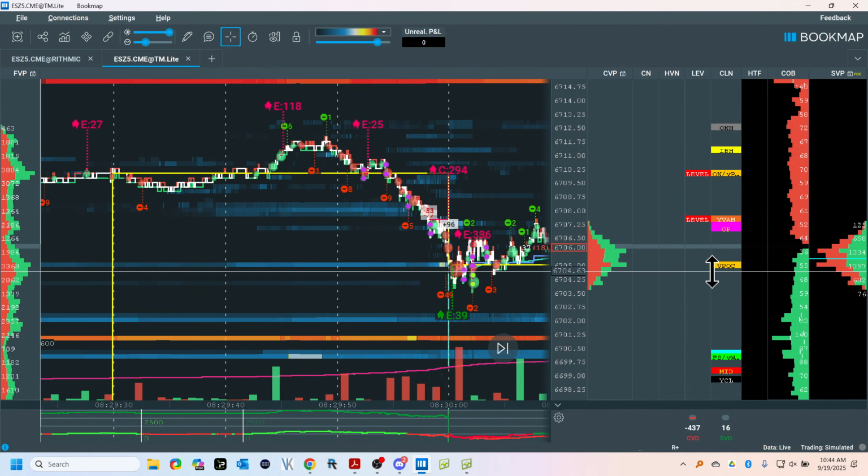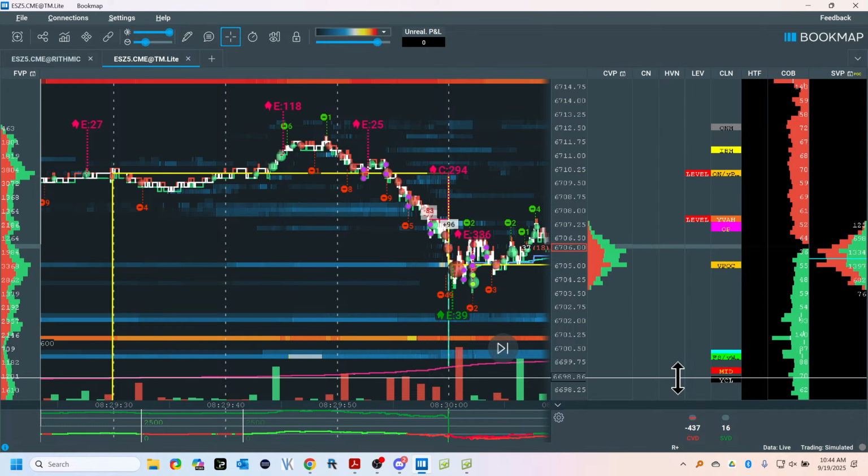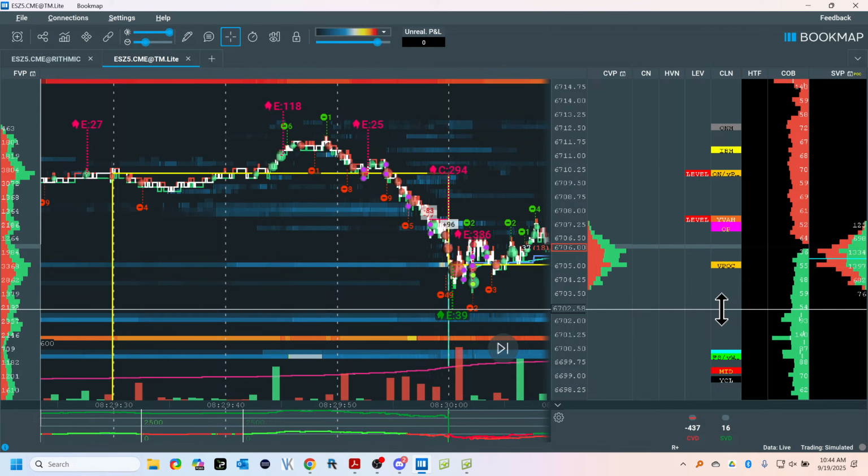Now let's talk about what it means. The market is on the edge of balance. Now here's something that almost nobody talks about. It is discussed in TraderLab, and if you've been trading for any length of time, this is something you want to know. The market balances out. So if the market is above settlement, then the market is long from the ETH. If the market is long from the ETH, then the possibility is we're going to get what's called rebalancing.